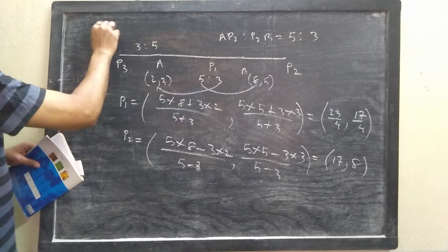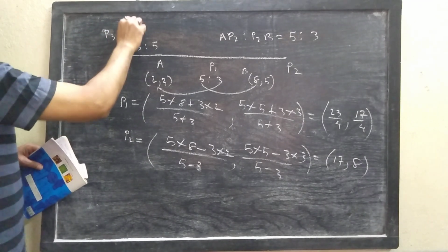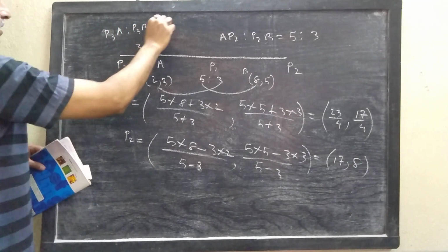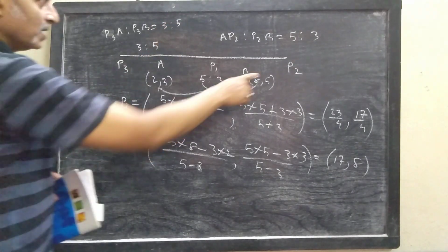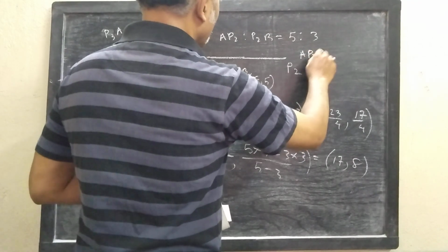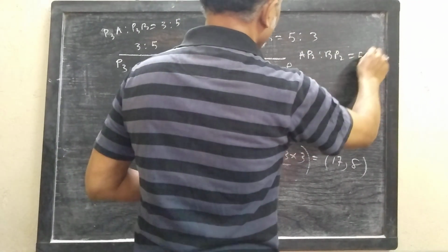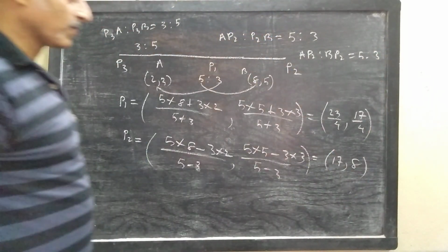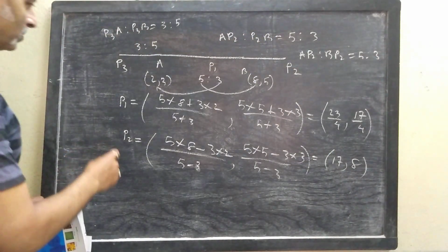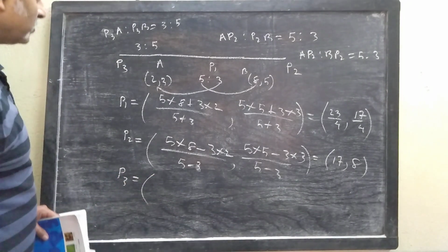So the ratio P3A is to P3B. This is 3:5 here. In this case, AP2 is to BP2. That was 5:3. So what will be the coordinates of P3? Coordinates of P3 will be